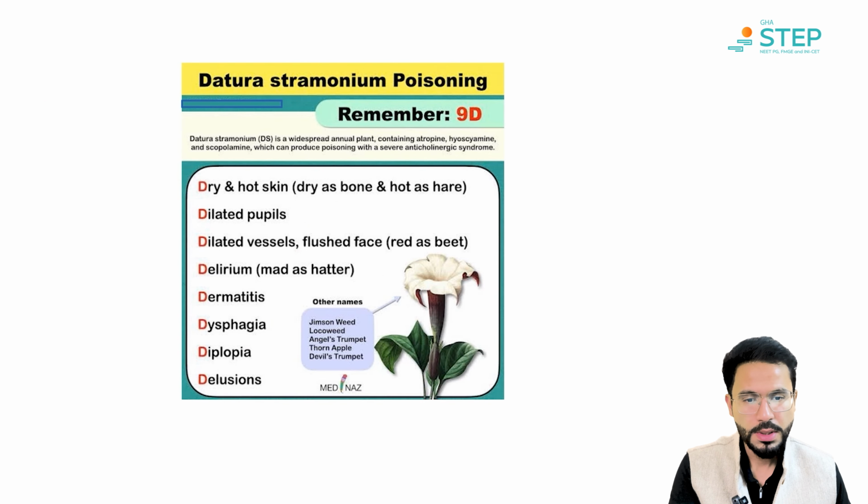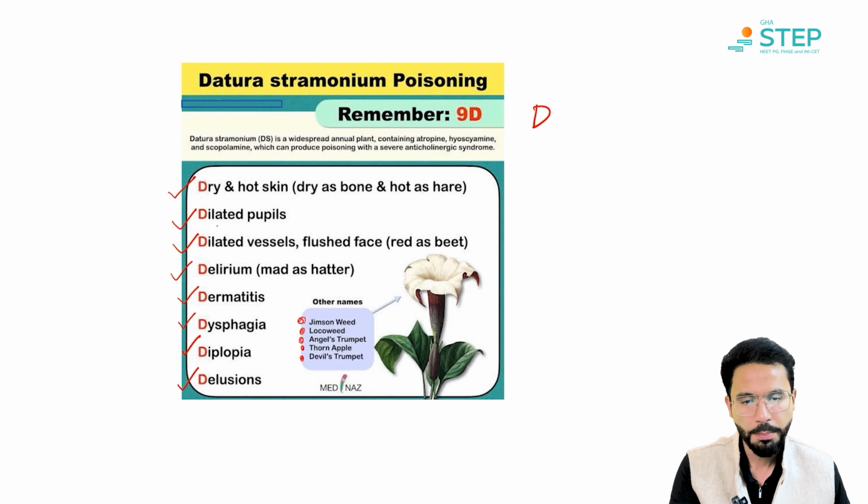Other symptoms of Datura poisoning, remember it is associated with D, D, D, D: D for Datura and D for poisoning. So D is dry and hot skin, then dilated pupils, dilated vessels, delirium, dermatitis, dysphagia, diplopia, delusions. Now, there are other names that have been given to Datura, which are Jimson weed, Lockwood, angel's trumpet, thorn apple,